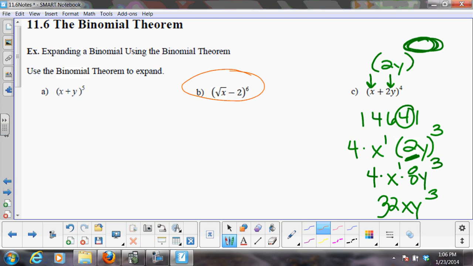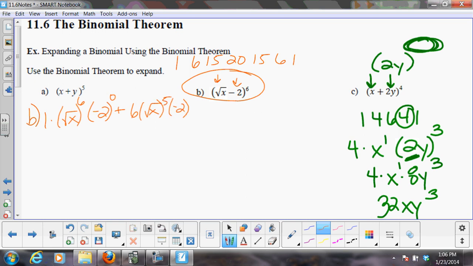So the sixth row is 1, 6, 15, 20, 15, 6, 1. That's the coefficients. Here we go. Part B. So 1 times, this is our first term, negative 2 is the second, square root of x to the 6, and then negative 2 to the 0,